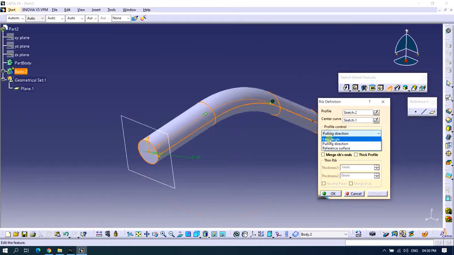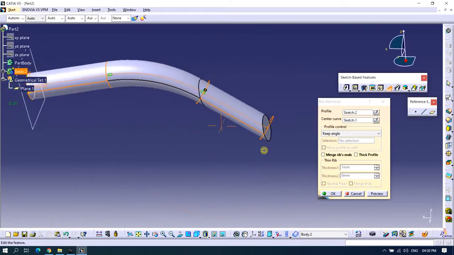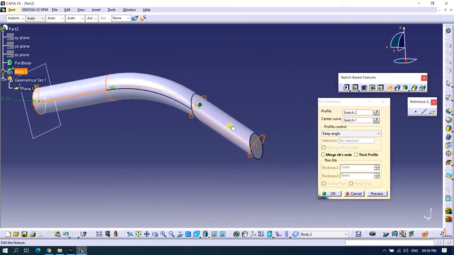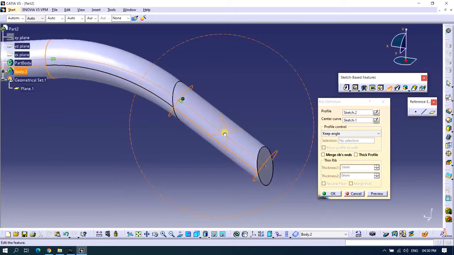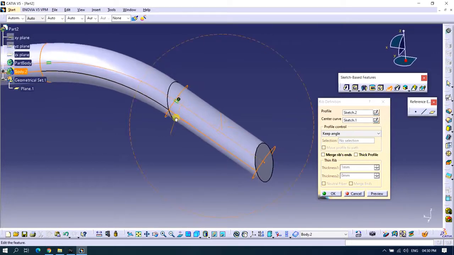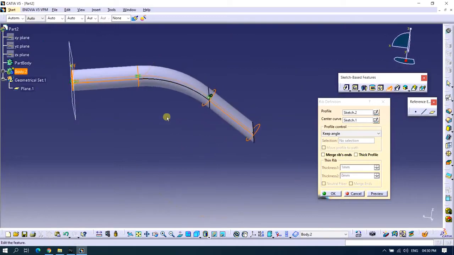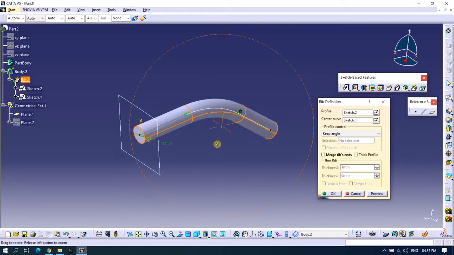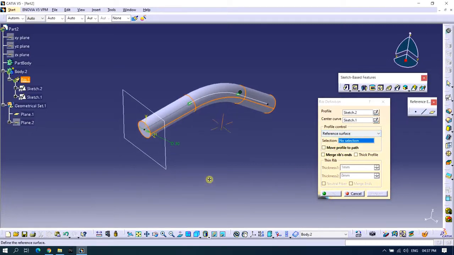Now again, if I select keep angle, it will give me origin. Now you can see here the orange highlights. This is the example of keep angle, and what you're seeing here in solid is the example by using pulling direction.